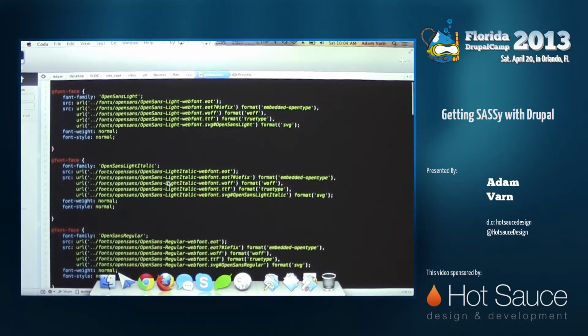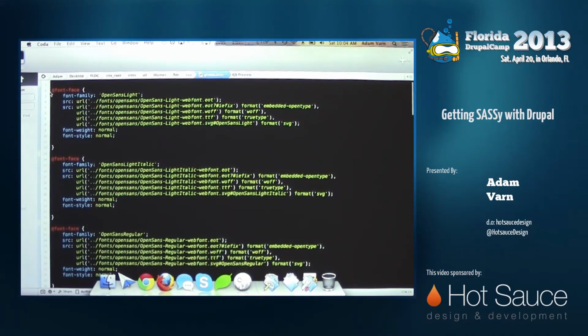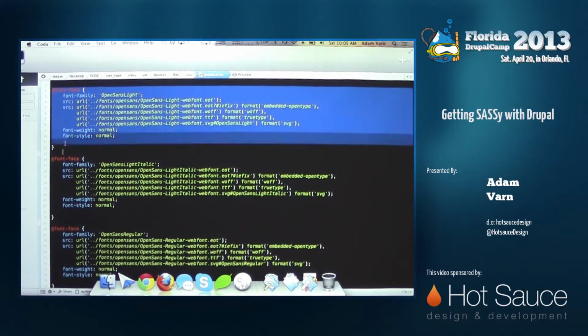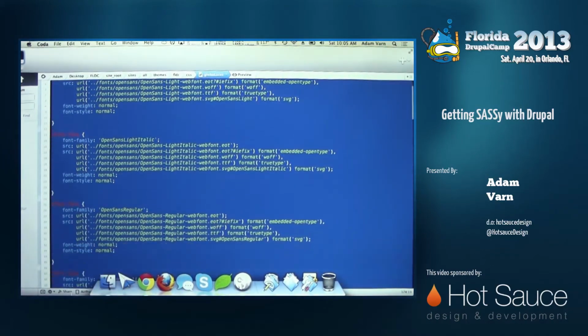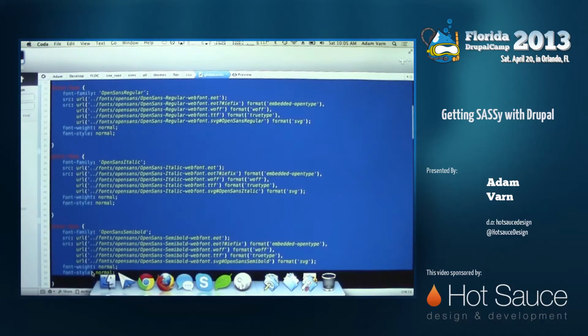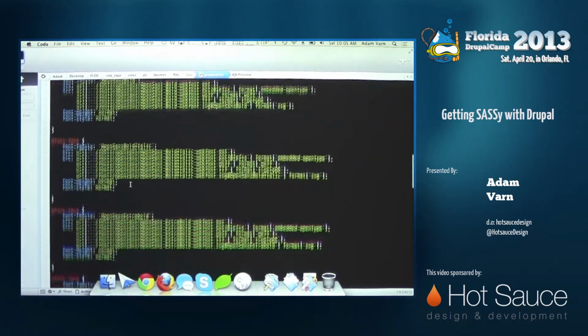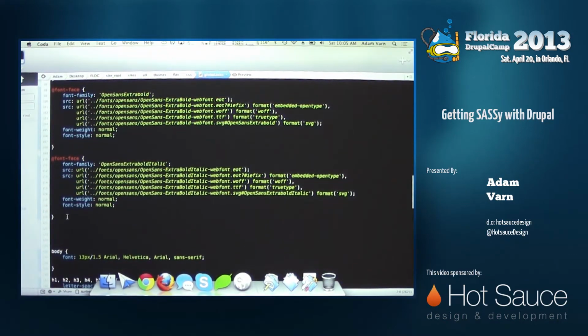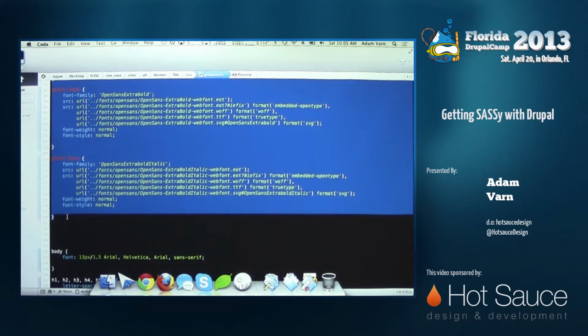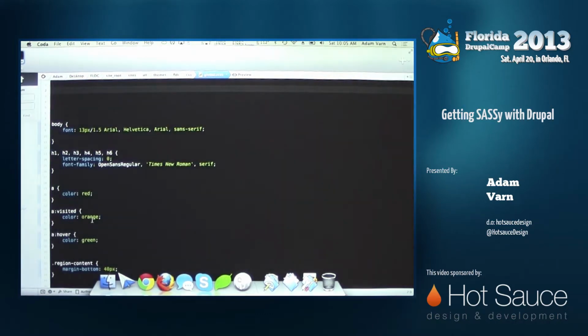So one of the first things you can do, and you can do this in regular CSS too, but this is useful for things that are just beyond the normal import of a media query. Like all of this font code, I don't need this at the top of my file. That's just extra code right here. It makes the file bigger. So with Sass, what I can do is I can move all this code into a new